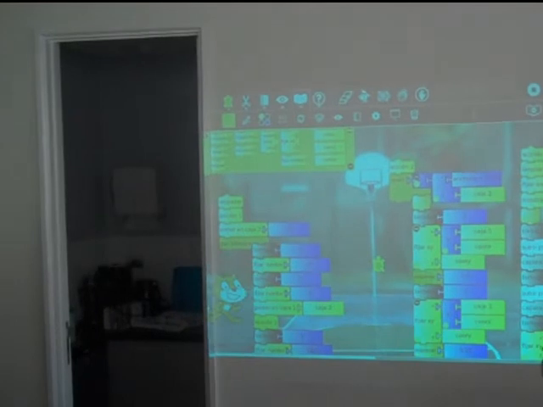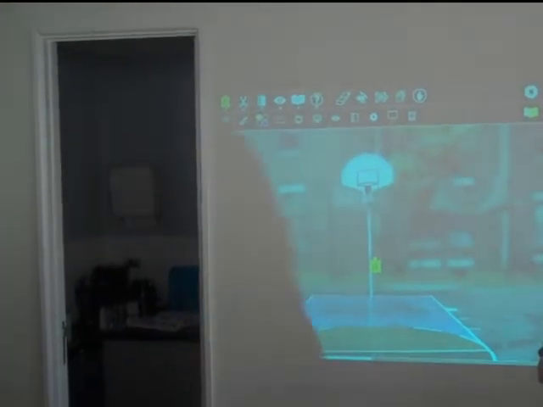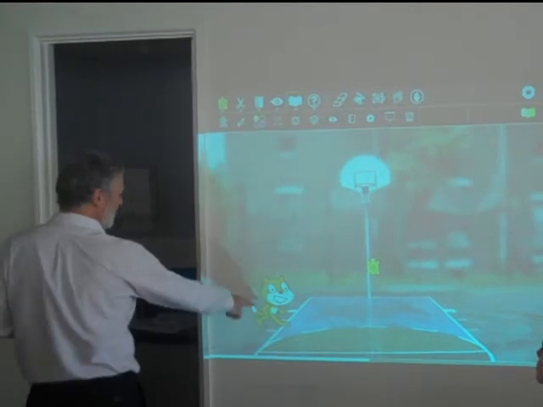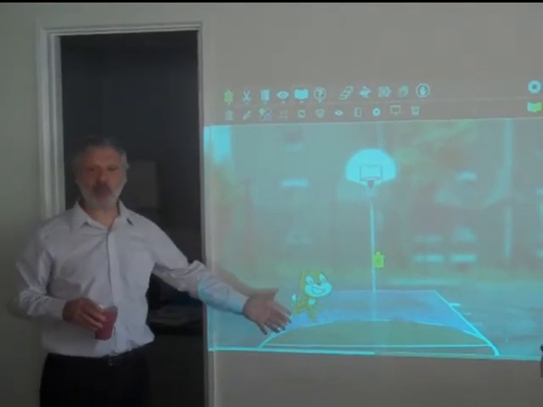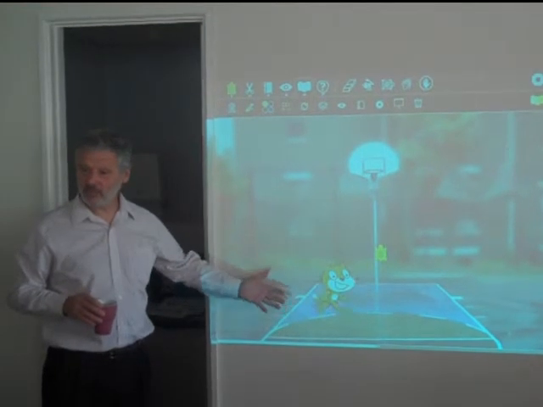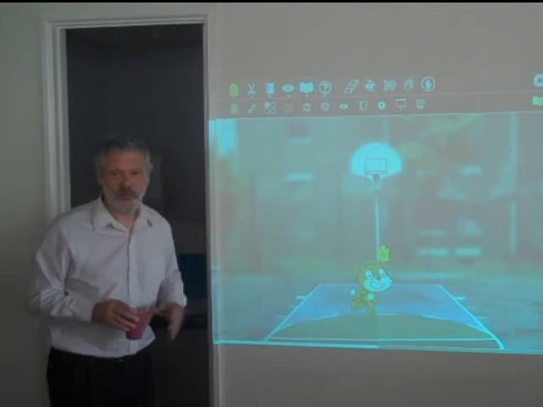Let me hide the bricks and you can see. So this is Scratch. And I have my little cat walking across the background that I loaded. And this is basically what all the kids were doing. But they didn't know, how does this work? Why does this work? And so,